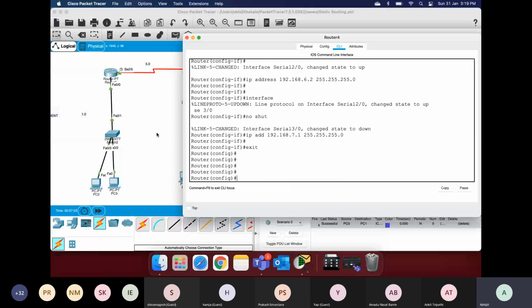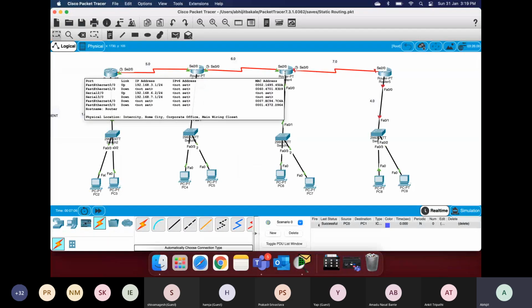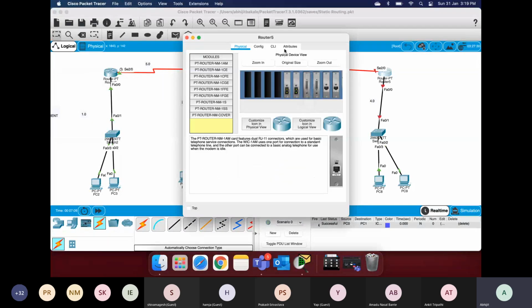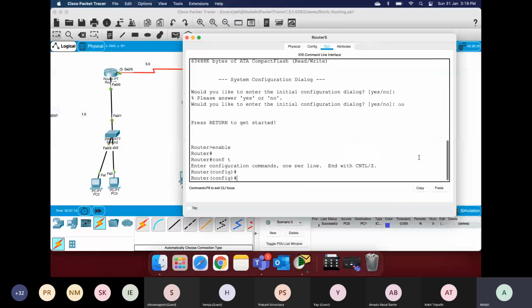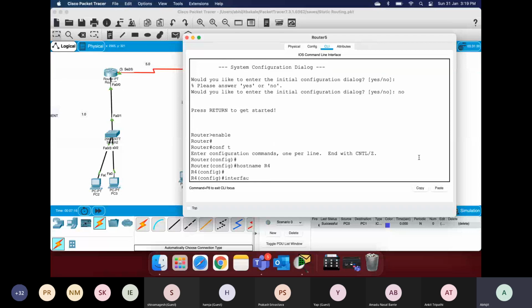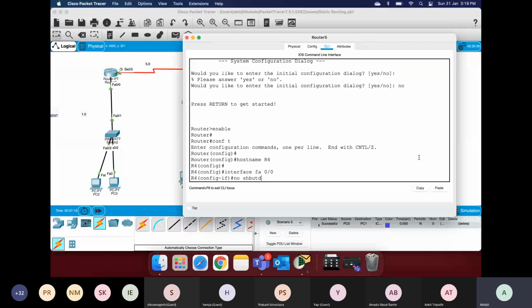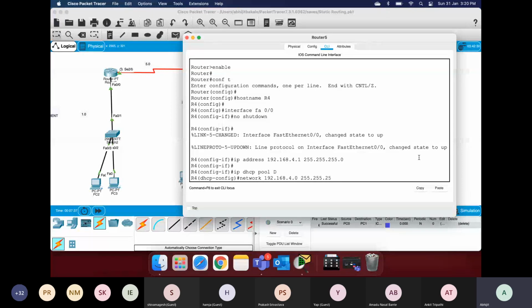There you go. And you can verify R3 is also working pretty well. Lastly, we went on R4 and said enable, conf t, hostname R4, interface FA0/0, no shutdown, and then IP address 192.168.4.1 along with the subnet mask, and then IP DHCP pool D, network 192.168.4.0 along with the subnet mask, and then we say